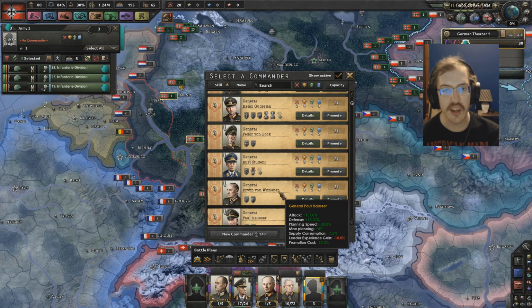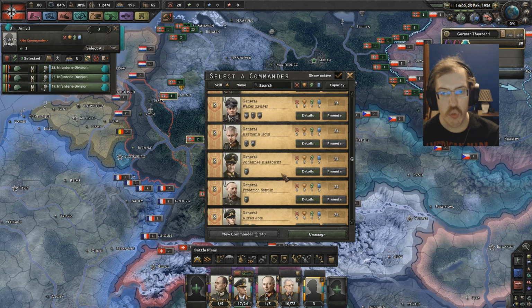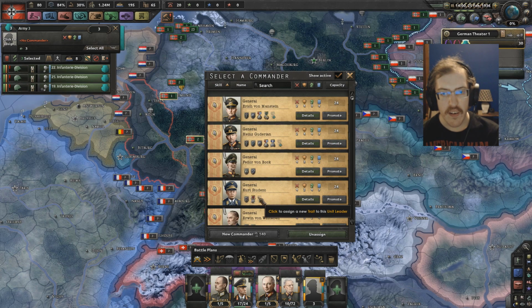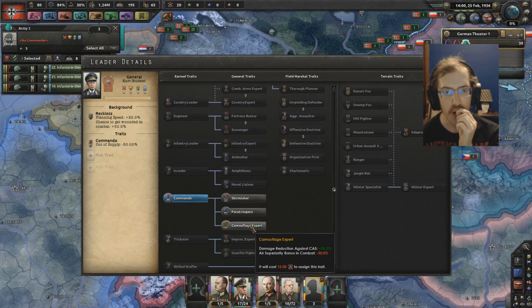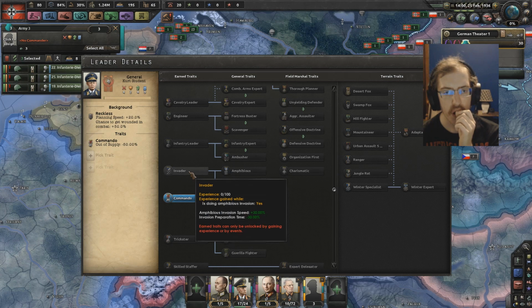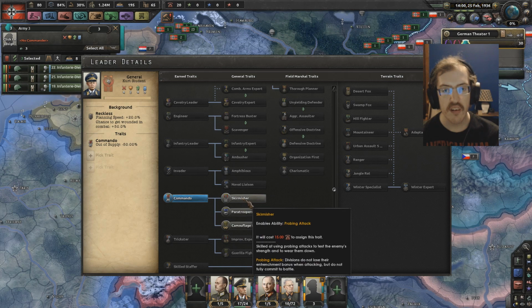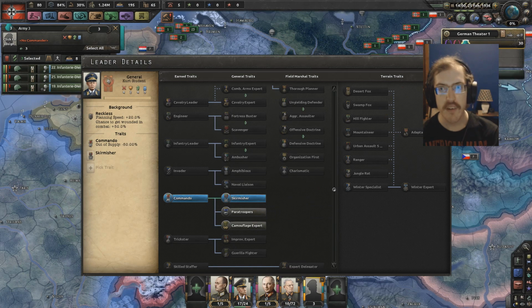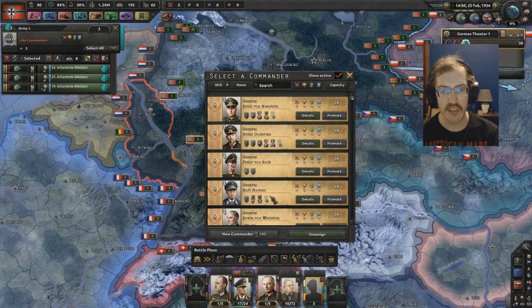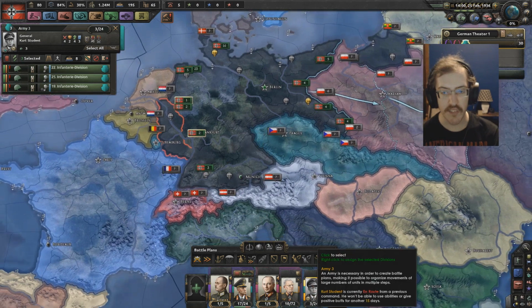First, I gotta do this actually properly. Give him a new trait. You can have Skirmisher, just for the hell of it. I've never really messed around with these traits or anything, so I'm not really sure about this whole thing. But...